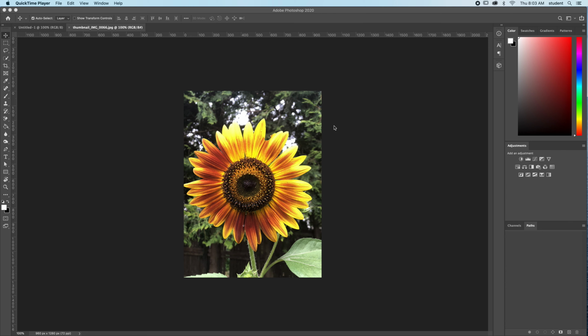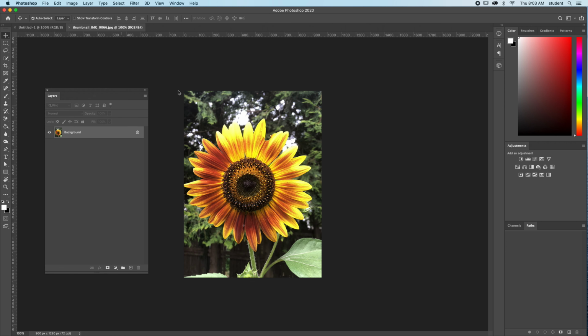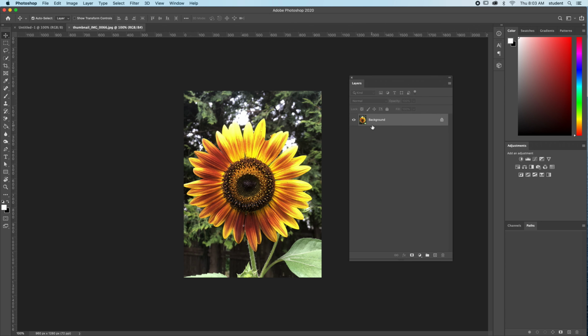Hi everybody, in this video we're going to look at better black and white results using this new technique with gradient maps. So let me just bring up my layers here. Okay, so we have a background layer,